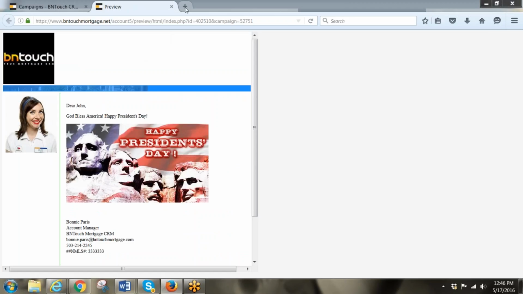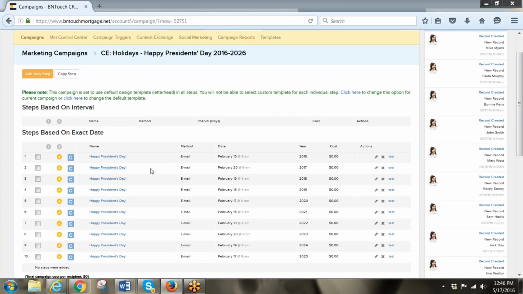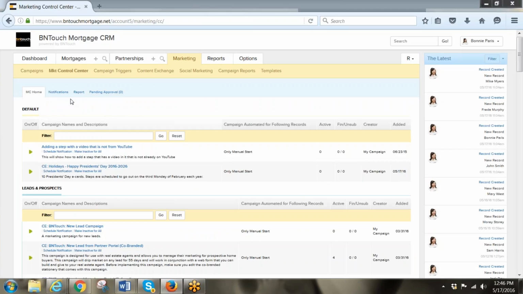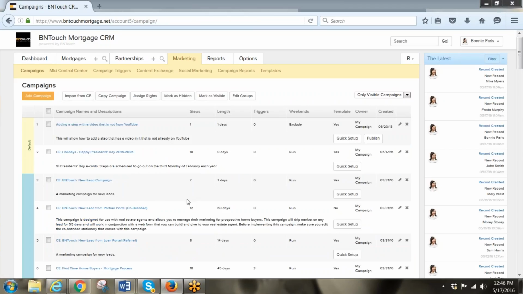And then how to copy. If you give them the opportunity to do this, I'm going to just click on the Market Control Center tab real quick, but then come back to my Campaigns tab. Say, for instance, they don't have edit rights. They don't have this little pencil, and they don't have the ability to delete the campaign, but they want to set it up, and you'll allow them the option to take that campaign and copy it. So if they do that, they put a check mark here and go over here and click the Copy Campaign button,